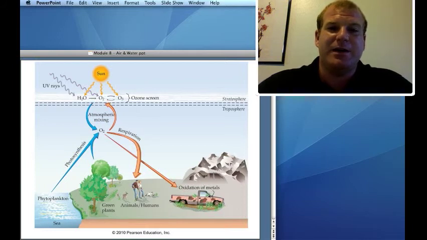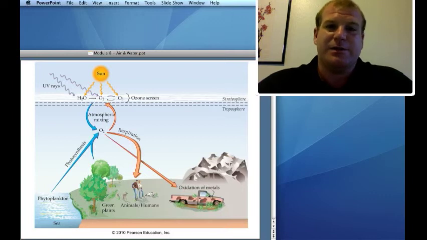And actually, when oxygen first appeared on Earth, when algae appeared, oxygen did not accumulate in the atmosphere for about 1 billion years because it was too busy oxidizing metals. And then ozone, when the oxygen gets up to the stratosphere, the ozone layer can form. As long as the sun is shining and there's oxygen in the atmosphere, we are going to have an ozone layer.